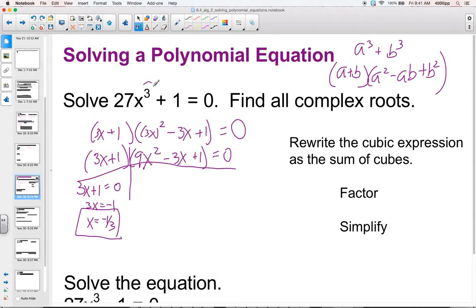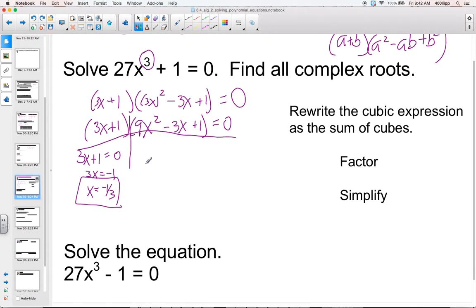So this value right here, this cube, this is telling you how many answers you're going to get. You're going to get 3 answers for a cubic. So now here, you're going to set this equal to 0 and you're going to solve. So you're going to use the quadratic formula for this because we can't factor this. So use the quadratic formula here, x equals negative b plus or minus square root b squared minus 4ac